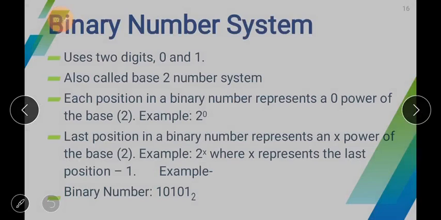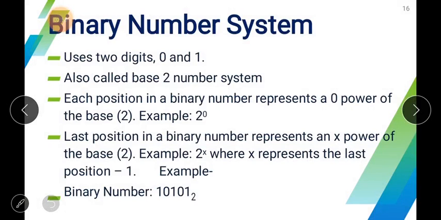Now moving forward, the next one is the binary number system. In the binary number system we are using only two digits, that is 0 and 1. How many digits are we using? Two digits, that is 0 and 1. There is some more explanation about the term 0 or 1. First of all, 0 can be known as the absence of data, and 1 is known as the presence of the signal.